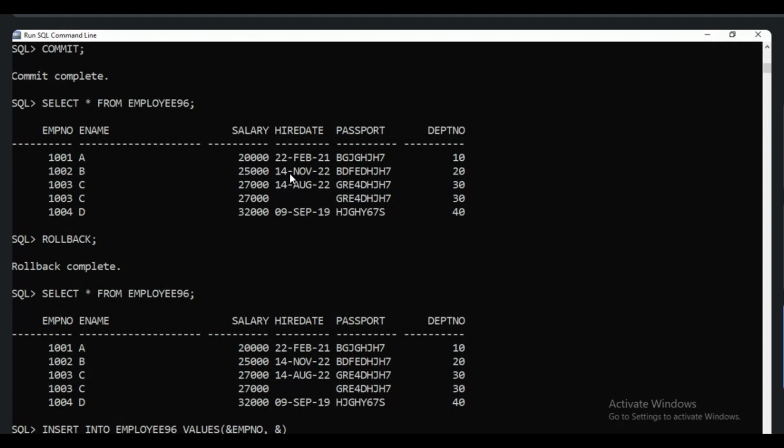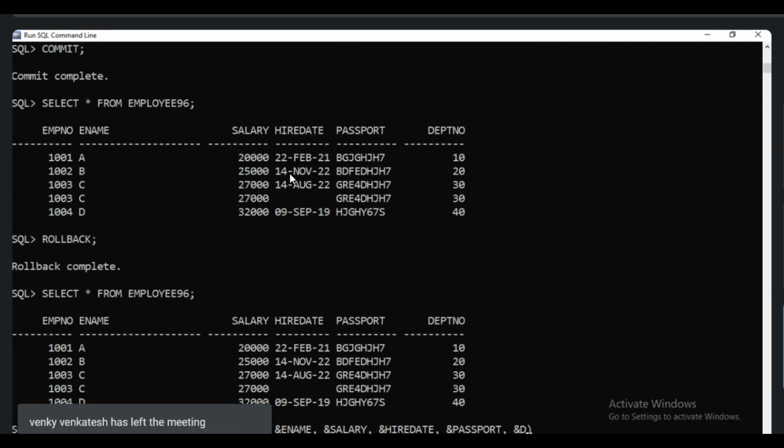Just make it okay. With the ampersand, we can pass the values: employee number, employee name, salary, hire date, passport, department number. So here we can pass the values.